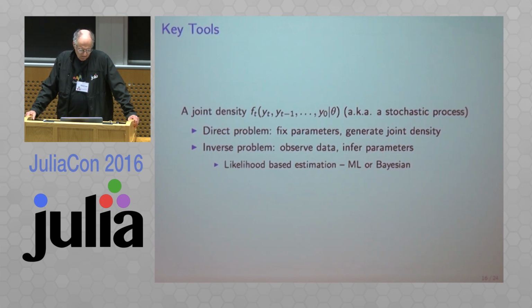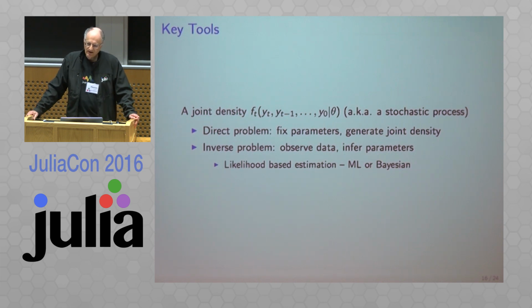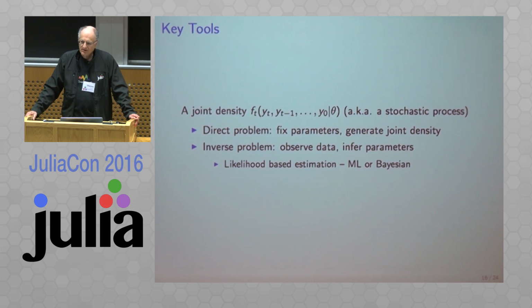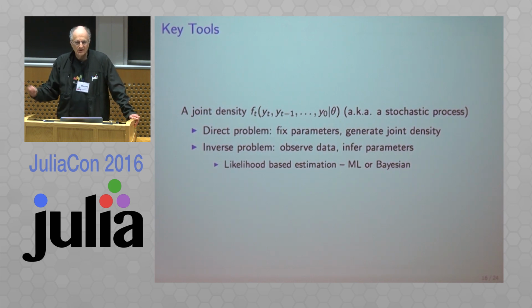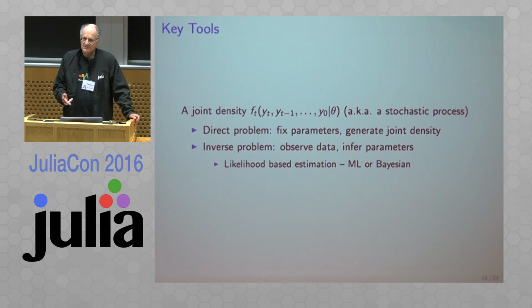Okay, so here's our key tool. It's going to be a joint density. I'll index it by T, or it's actually a sequence of densities, the way I've written it, over those Y's. Those Y's are outcomes, and thetas are my parameters. And those parameters, what are they going to describe? They're going to describe things about preferences, technologies, all those objects I talked about earlier. That's what I mean. And that's an immense object.